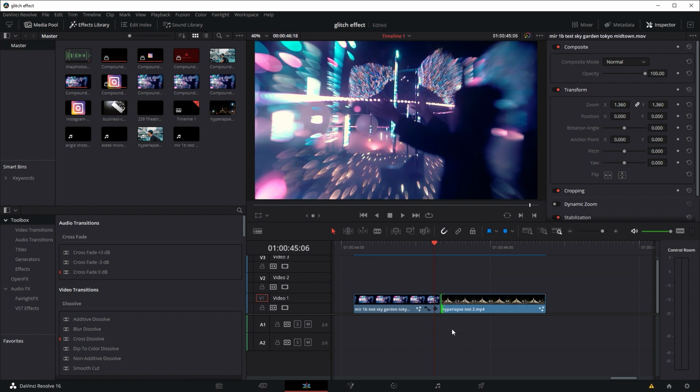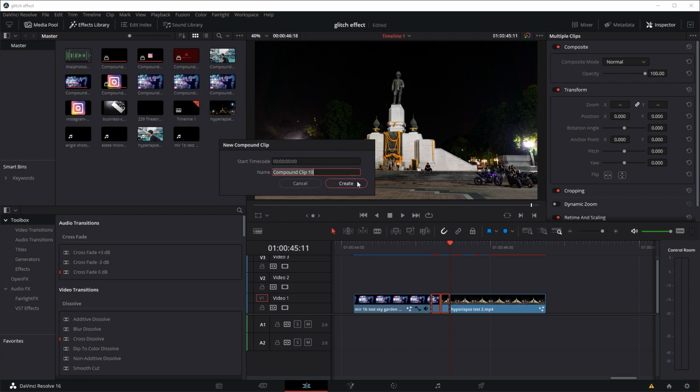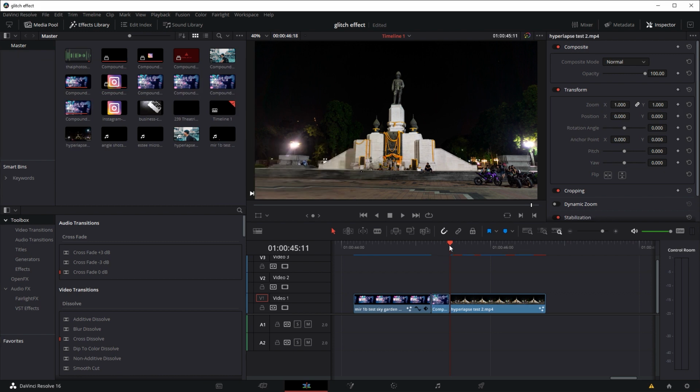So I'm going to press the arrow key to the left 3 times, make a cut, and press it to the right 3 times, make another cut, and I'm just going to select this section here, right click and make a new compound clip. So just name it whatever you want. And if we go into this section here and go into the Fusion tab,